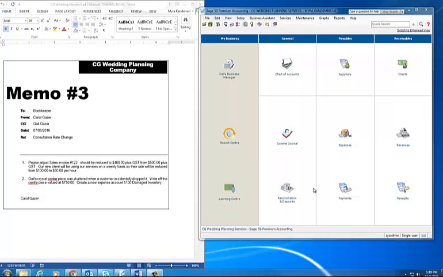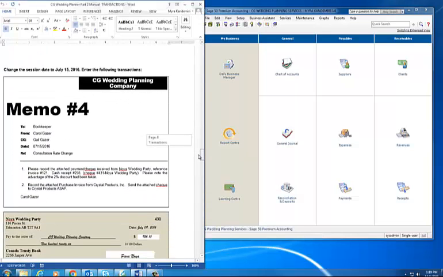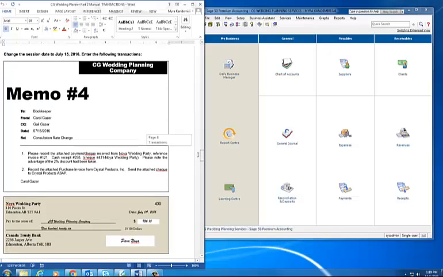We're now going on to memo 4. So I want you to turn your page to memo 4 in your transactions manual. Now the first instruction in memo 4 is that we are to record the attached payment check received from Noya Wedding Party, reference